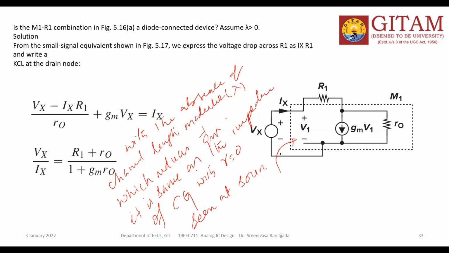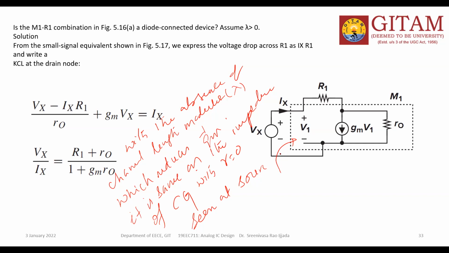For the large signal point of view, what is the meaning of large signal? I told you. Large signal variation means what? In the current equation, the input value changes from 0 to VDD. There is a lot of change. The applied signal variation is very large. In the small signal, the applied signal change is very, very small, delta changes, but here is a big change. So with the large signal analysis, you get your current equations because of that.